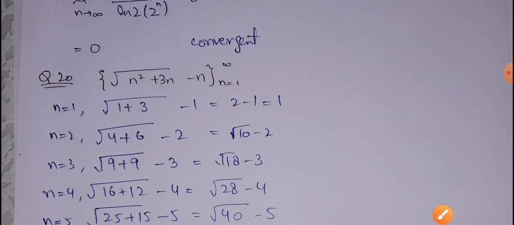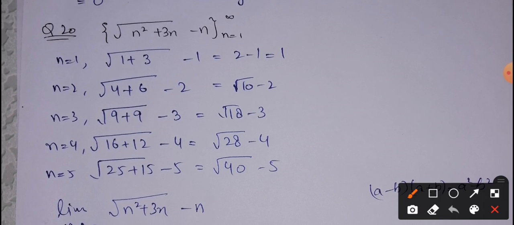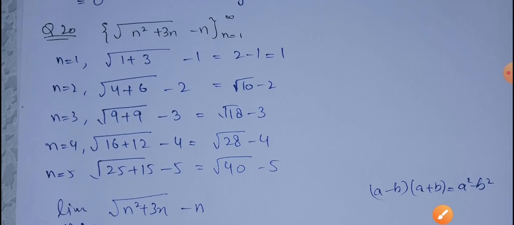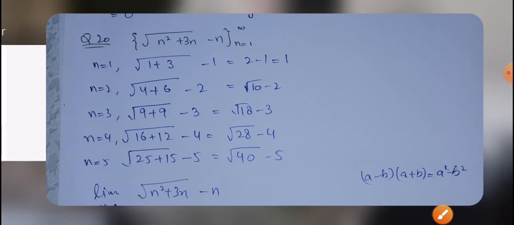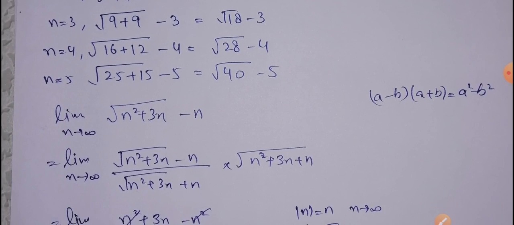That is, the given sequence is a convergent sequence and it converges to 0. Next we have question number 20, square root of n square plus 3n minus n varying from 1 to infinity. So here are the first 5 terms of the sequence, inserting n equal to 1, 2, 3, 4 and 5 and so on. And for convergence or divergence, I am going to put the limit on the general term, that is limit n approaches infinity